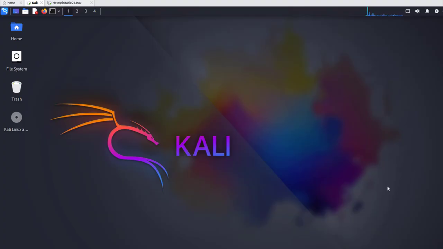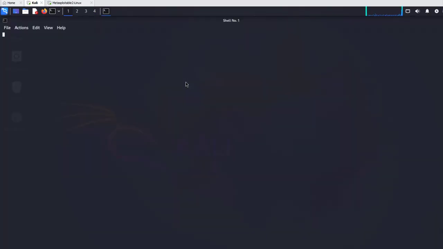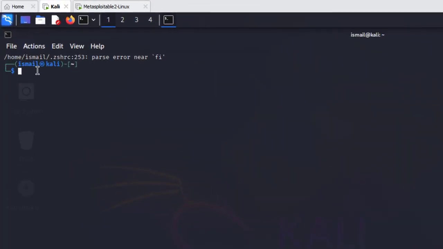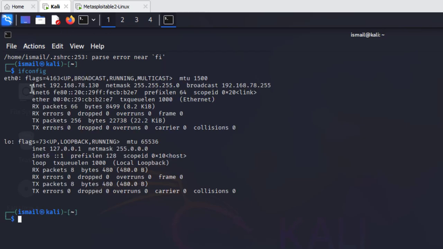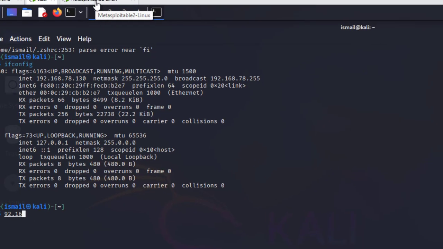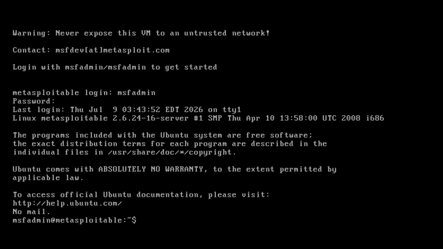Now we will execute the very first command in Kali. I'll first open up a terminal; I just click on this terminal emulator. We get one terminal. The first command is ifconfig, to know our own IP address. When we enter ifconfig, we get this. This is the IP address of the Kali machine, the attacker: 192.168.78.130. Now we click on Metasploitable, and here we do the same thing, ifconfig,